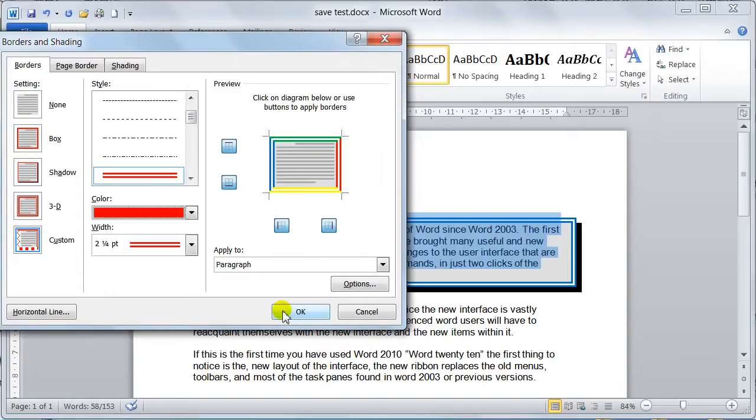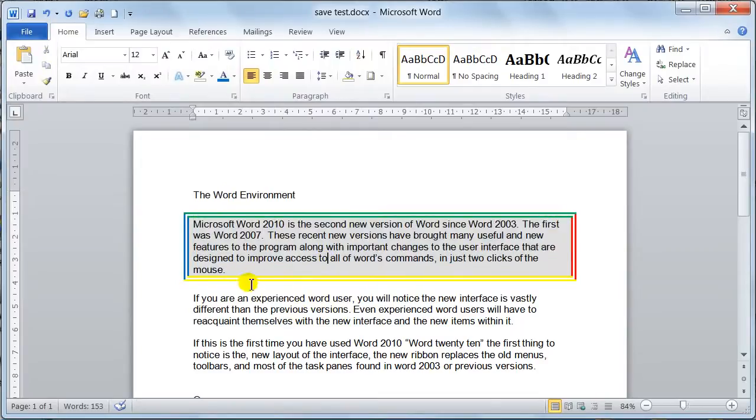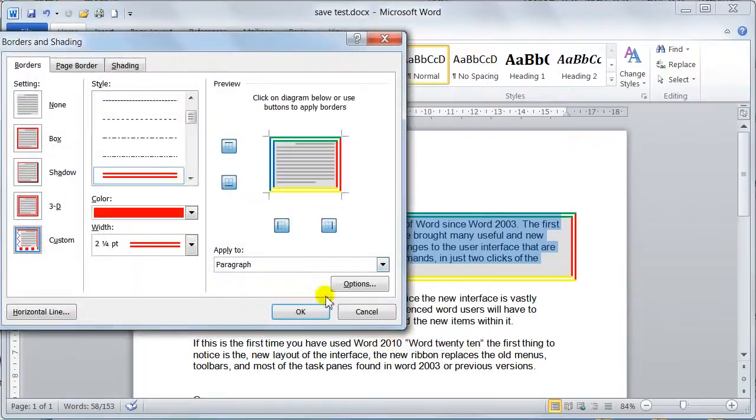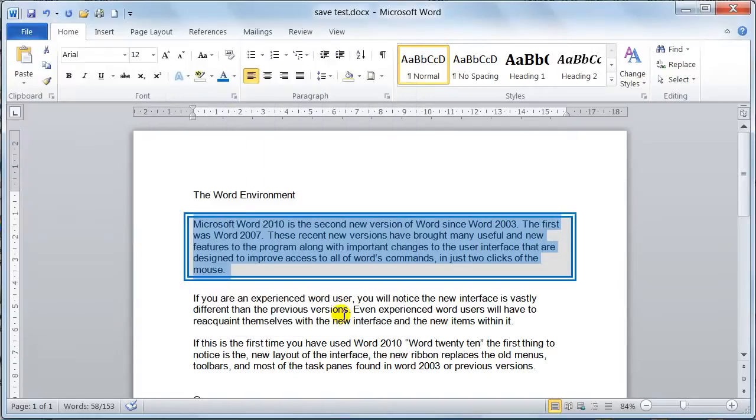If I was doing a big flashy flyer or something like that and I wanted to apply it, not a problem in the world. It is that simple to do. So these little borders and shading are more powerful than what you really think. Considering it's a word processor, they're fantastic. But most of the time it is literally just to bring out the data so it stands out. 12.5 is best for printing, and then you just say OK,